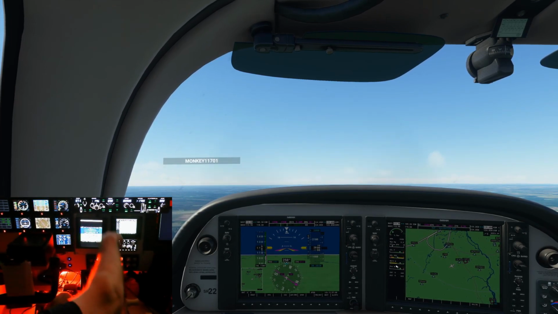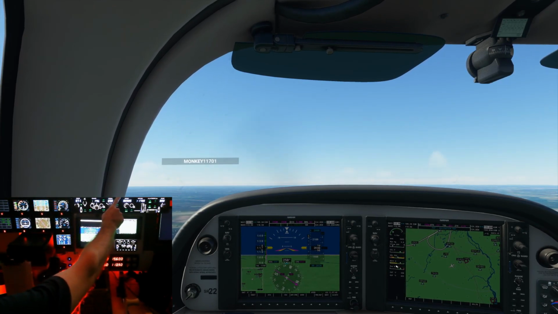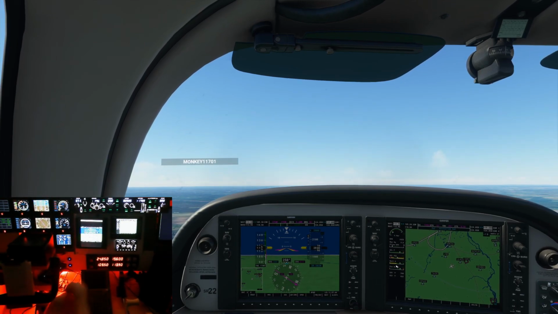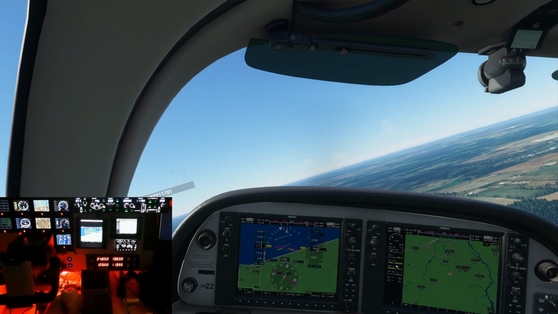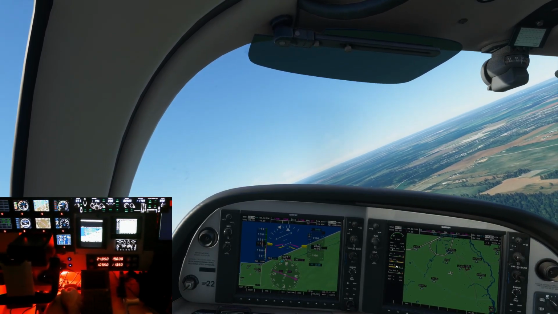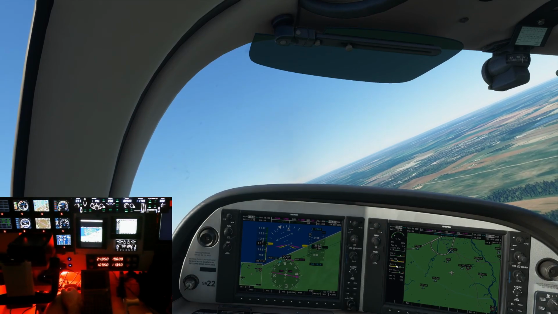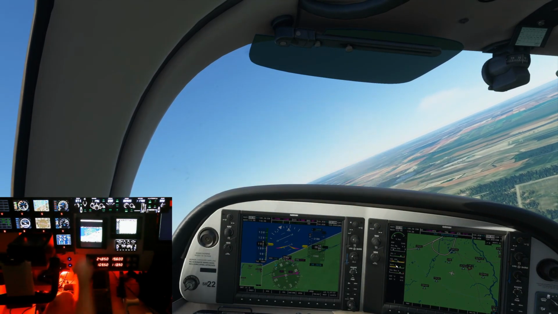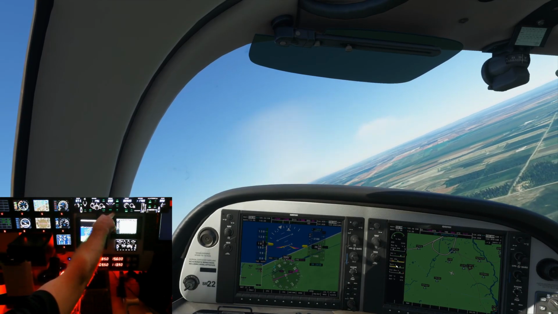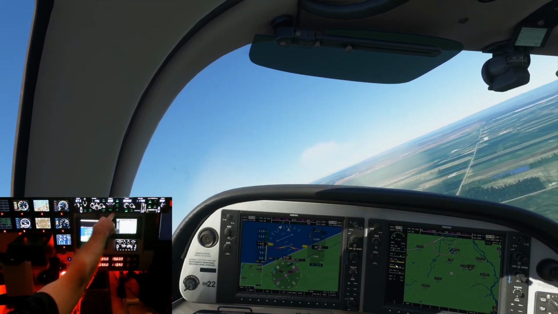So normally we would do this guy, and then he's going to turn us in, obviously, to fly the route based on it. But what we'll do is, this is where normally, okay, vectors to final, so go ahead and